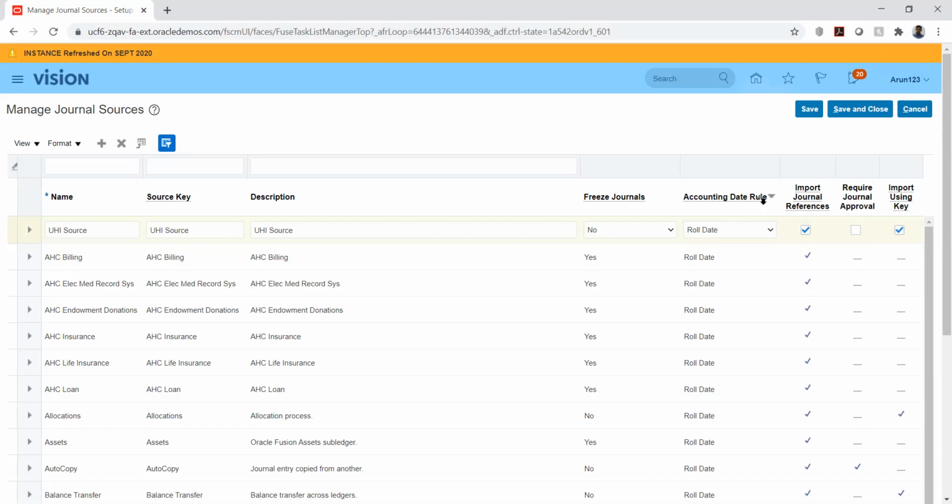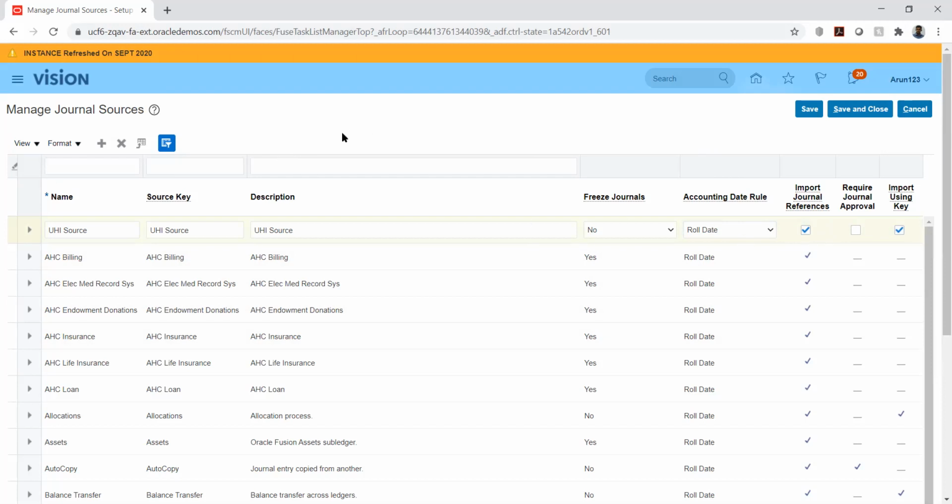Okay. Import journal reference, so the reference will be imported. Like we will have a column called reference. For example, I might import data from the legacy system. I extract it from the legacy system and push it into the Fusion application.